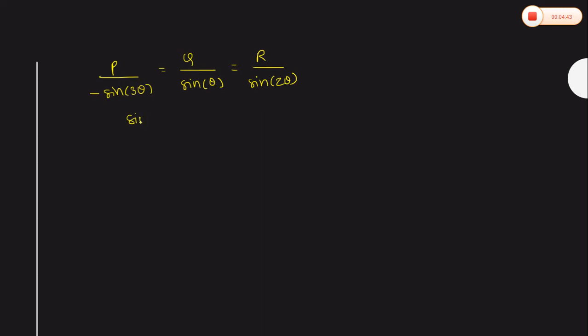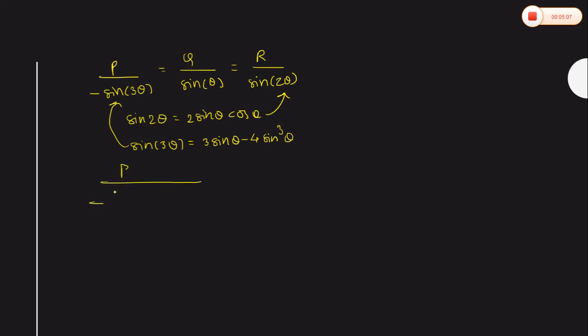Sine 2 theta is equal to 2 sine theta cos theta, I will use this here, and sine of 3 theta is equal to 3 sine theta minus 4 sine cube theta. This is the formula of sine 3 theta. I will use this here, and therefore the above ratios will become P upon minus, we can take sine theta as a common, so sine theta into (3 minus 4 sine square theta)